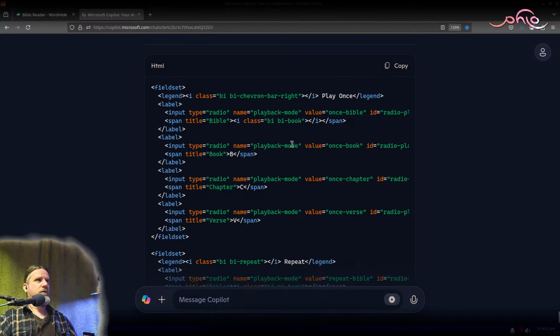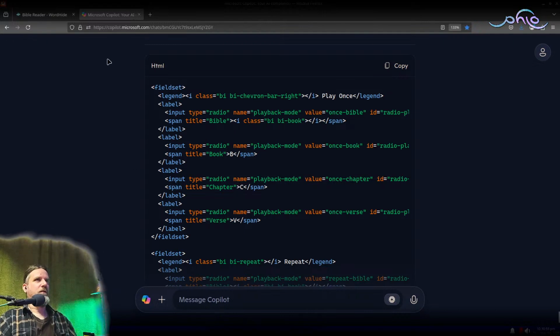And then, so I asked AI to rewrite these field sets to have the same name. So all of them have the name of playback mode for all 8 radio buttons. And I might change these legends to H tags, but I think the reason originally I was actually thinking to get rid of the field set entirely and just use a containing div, because field sets have a lot of CSS issues that I found out last stream.